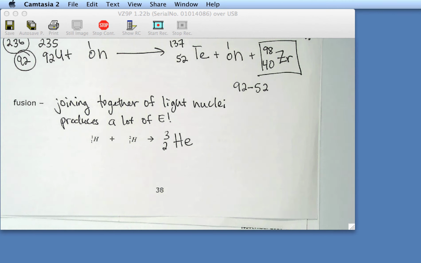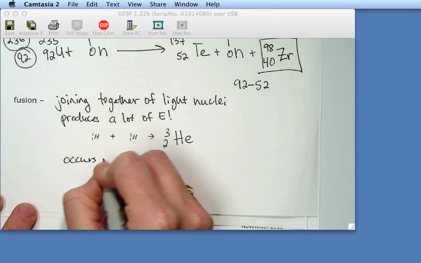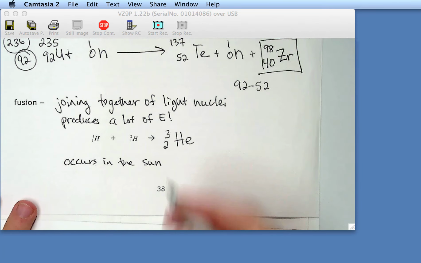What do you know about the sun? Very, very hot. So we're not going to be able to use fusion to produce energy because it's so hot. So you might hear about this cold fusion, and that's the topic of some movies. It's definitely a very interesting concept to have fusion going on at a very cold temperature. So it has not been achieved yet. So it occurs in the sun, which is very